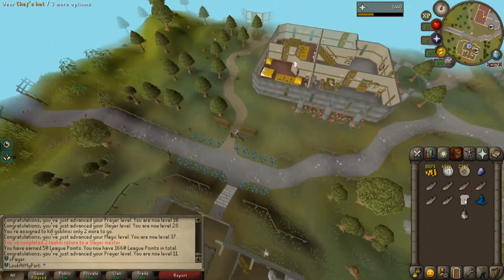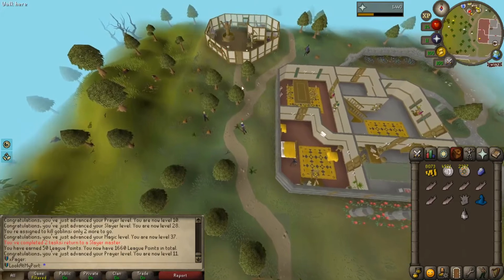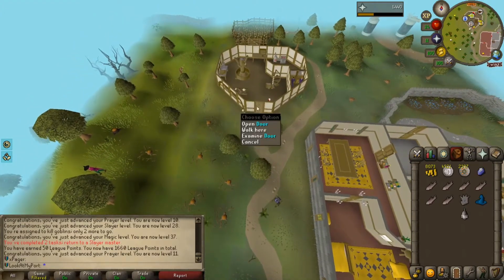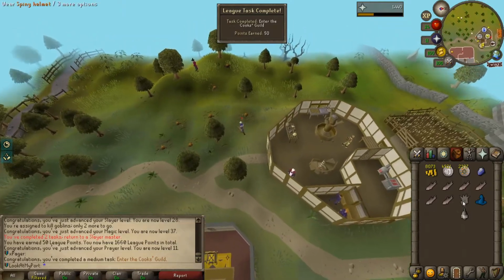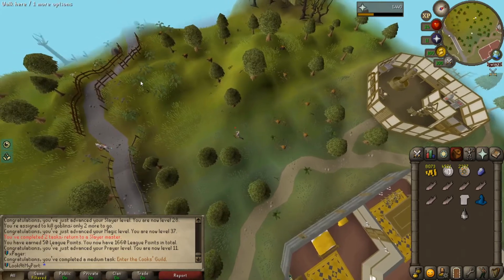Okay, here we go. We got the chef's hat from the goblins. That means we can go in the cooking guild. And that is a person coming out of the cooking guild. A medium task for 50 more points. Very cool. So let's just go and get our